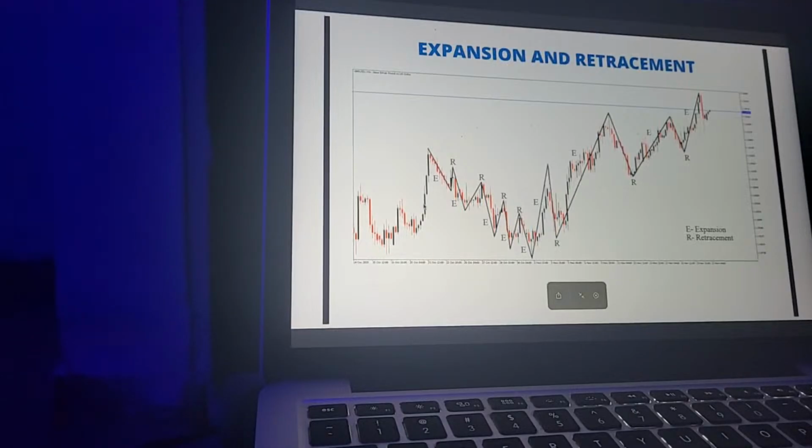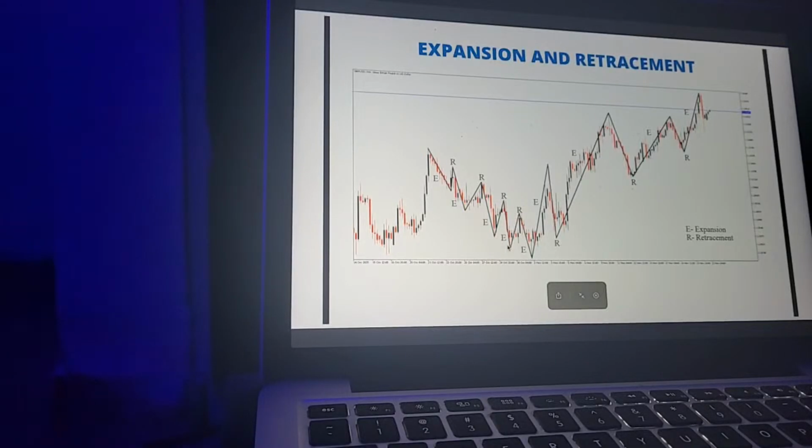you can see this move to the top is an expansion. This small movement right here is a retracement. Now I can't really consider this as an expansion. This right here is a retracement. This also is an expansion. This from here is an expansion. This small move right here is a retracement. This move right here is considered an expansion. This right here, a little bit of retracement, and this another expansion. This right here, retracement. This another expansion.